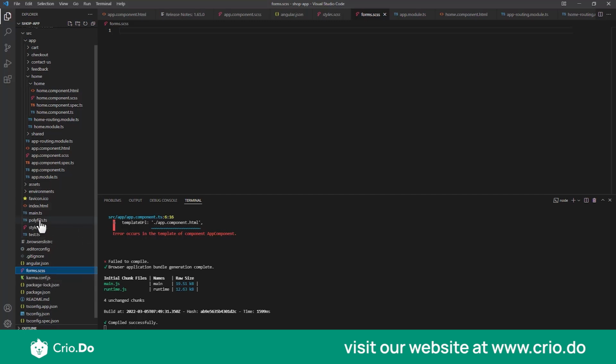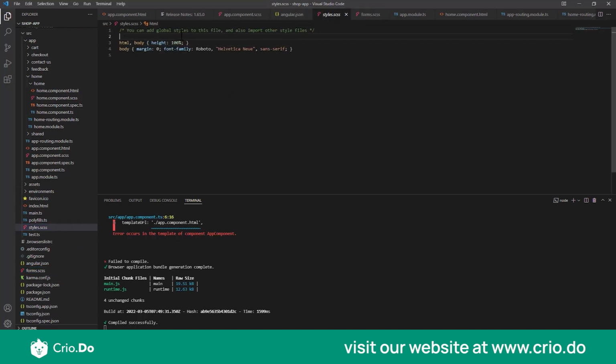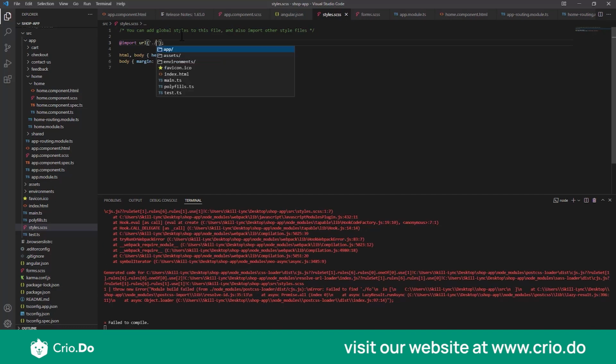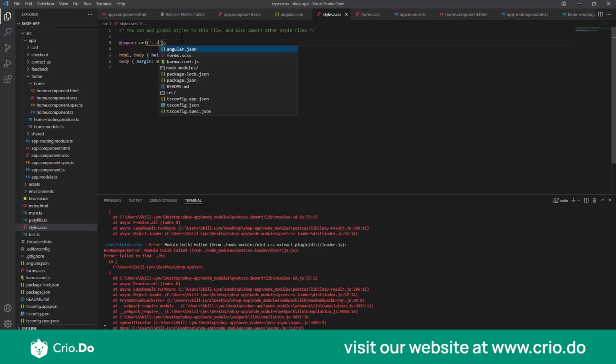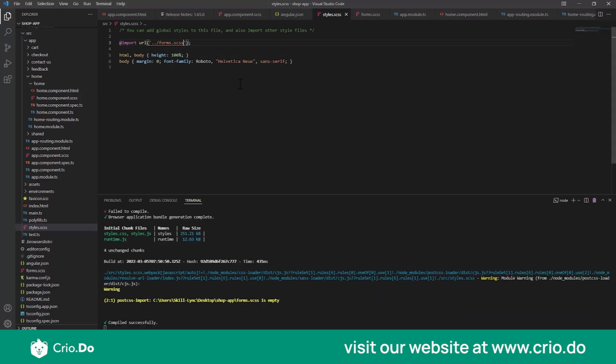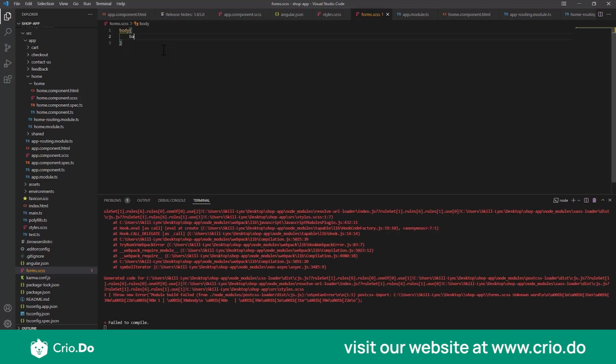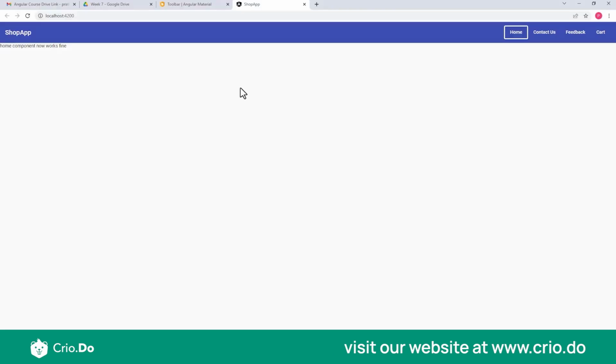And how to import it into styles.scss? All you need to do is give @import and over here you just give forms.scss. If you do that, it will get imported. And if you want to check if this is working fine, we'll give a body tag and set the background for now. Let's make it red just to check if it is working or not. So if I go back over here,